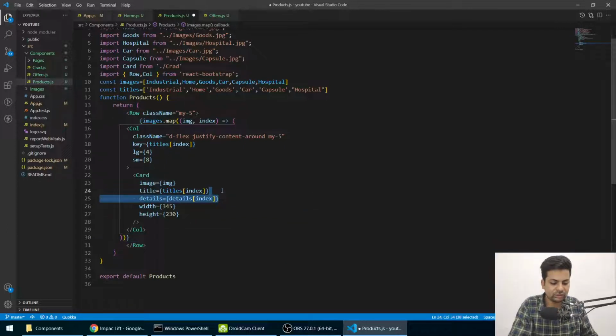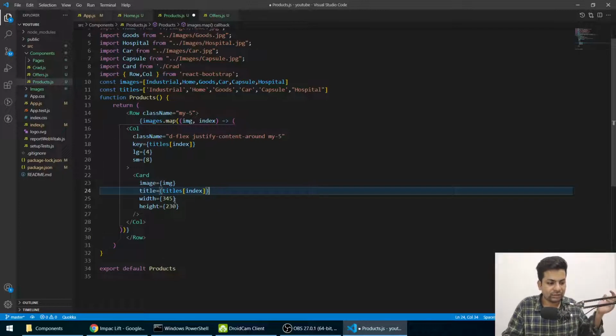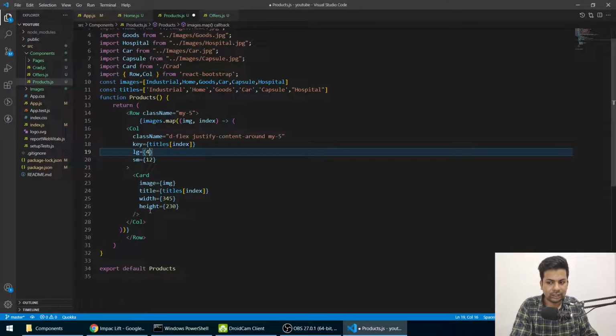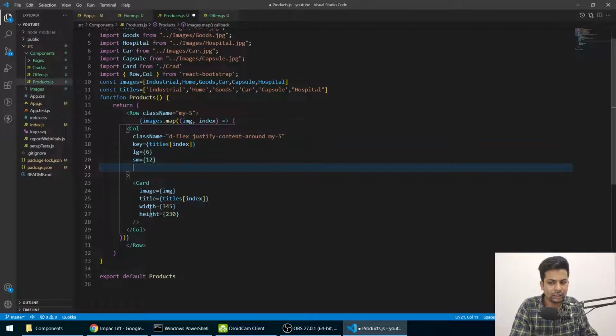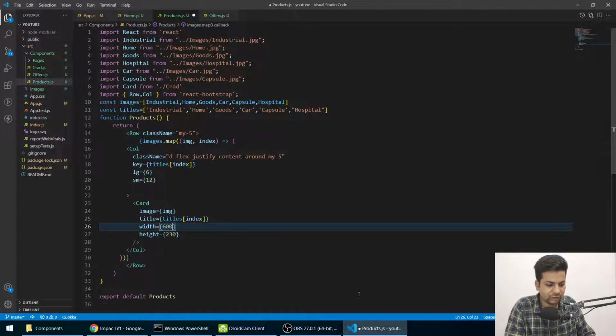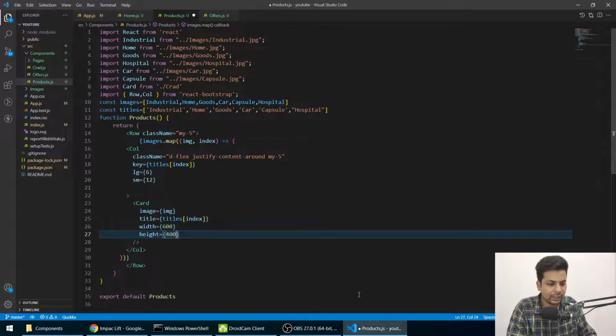Just remove this details part, and there are some size changes. So in SM we'll make it 12, and in LG we'll make it 6, and we'll pass the key, it's already given. Now width and height, I want the width to be 600 and height to be 400. Okay, and everything is same.